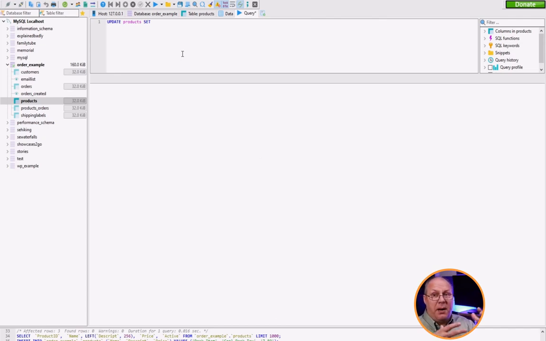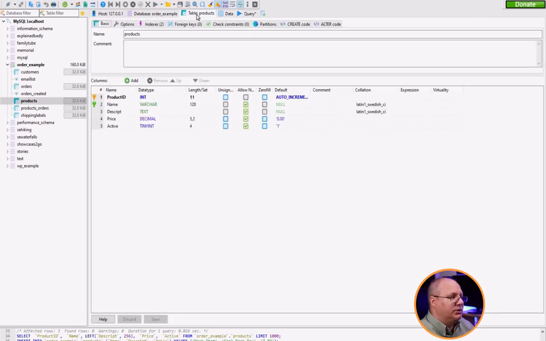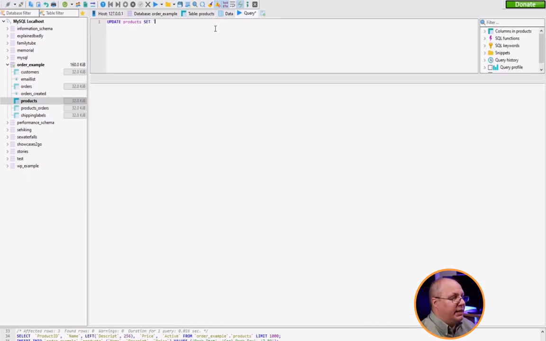It says, hey, I'm updating products, but I'm going to set a specific value. Well, which value? I'm going to set the name of my item. So if I don't remember what it is, I can come over here to my table description. I see that it's name. So I'm going to put in the tick marks, name equals, and then the new value,